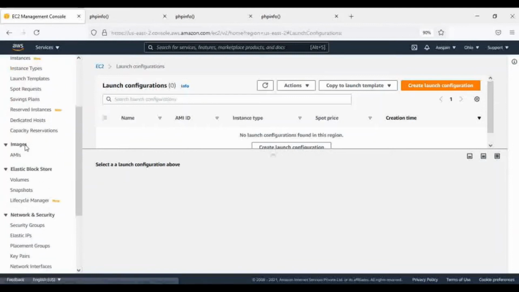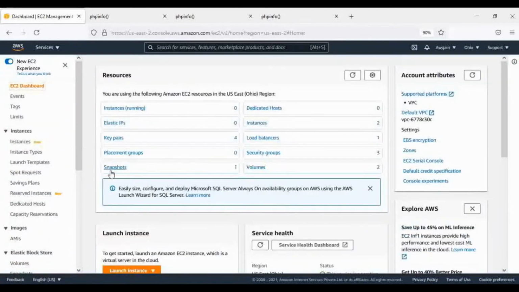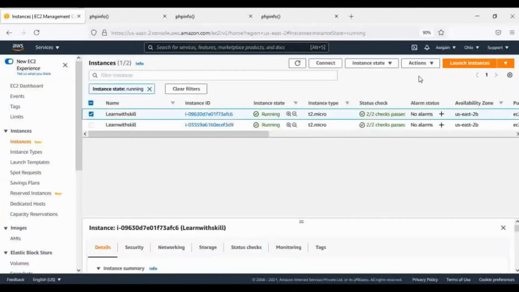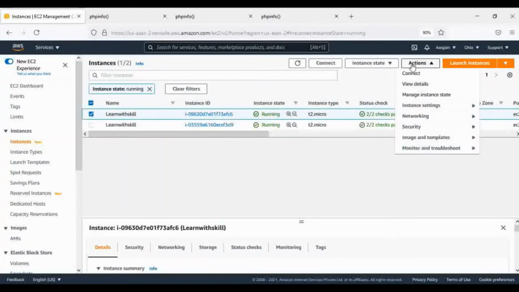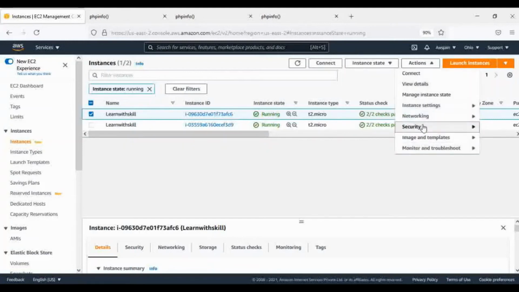For example, I have an EC2 instance running. I'll be creating an AMI image for my EC2 instance. So let's assume the content on both servers is the same, and we have already configured EFS or any type of file system to share the data. So in that case, let's create an AMI